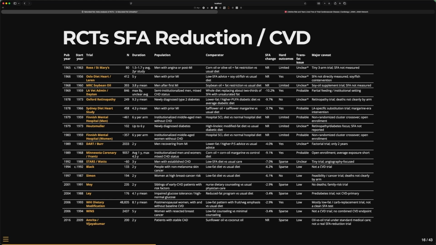I've just got a major caveat, the main issues that I saw for these trials. But I think one of the main points in this table is if you look at the duration, a lot of them are really short, like 2 or 3 years. And that's, I think, really optimistic if you think that reducing saturated fat a bit is going to show a clear effect after 2 years. That probably wouldn't happen. No. But that's just a limitation of the trials we have.